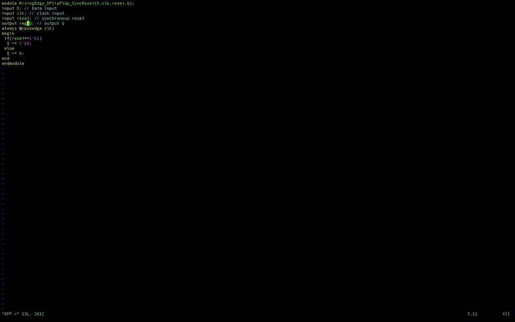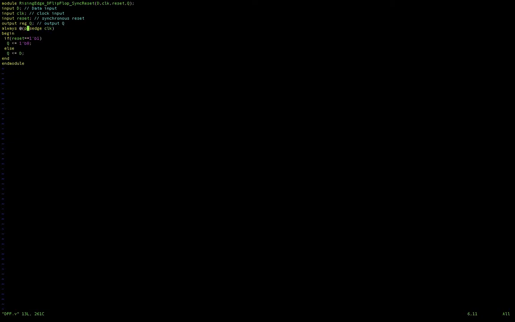A D flip-flop is also a memory element, which stores a single bit of data, and it stores the data in the register which we are defining here.